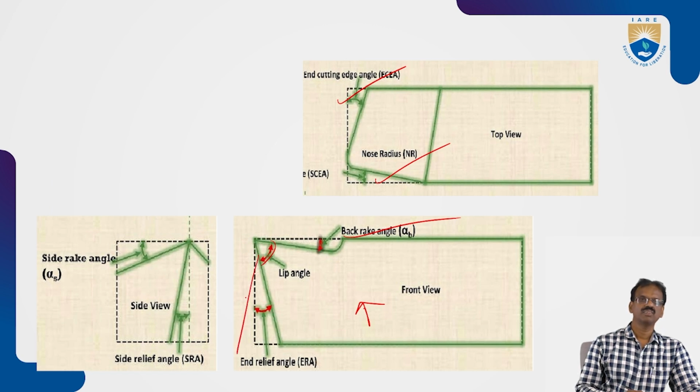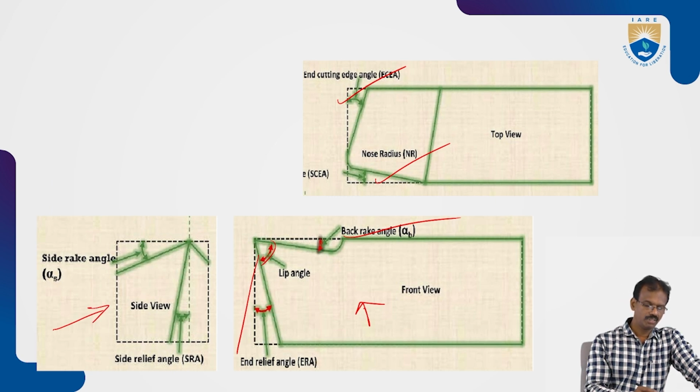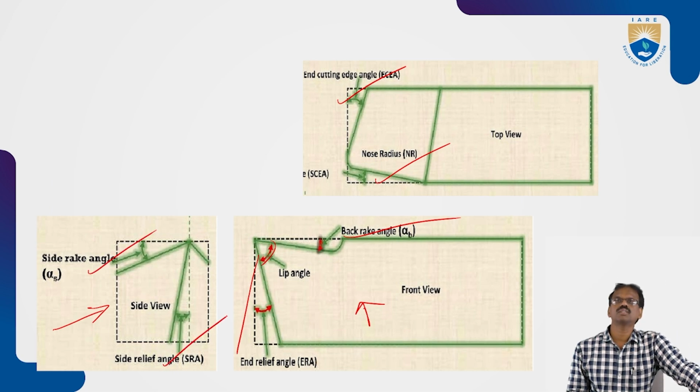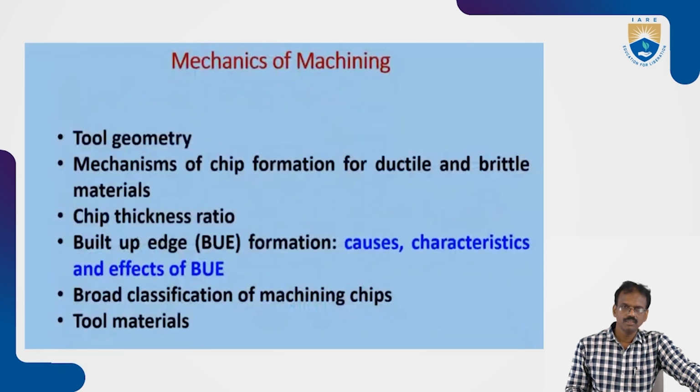Okay. If you see from the front view or the side, just the front of the tool bit, that one is the side rake angle or the side relief angle. So these are the 6 angles in single point cutting tools. Okay. So now we'll see the